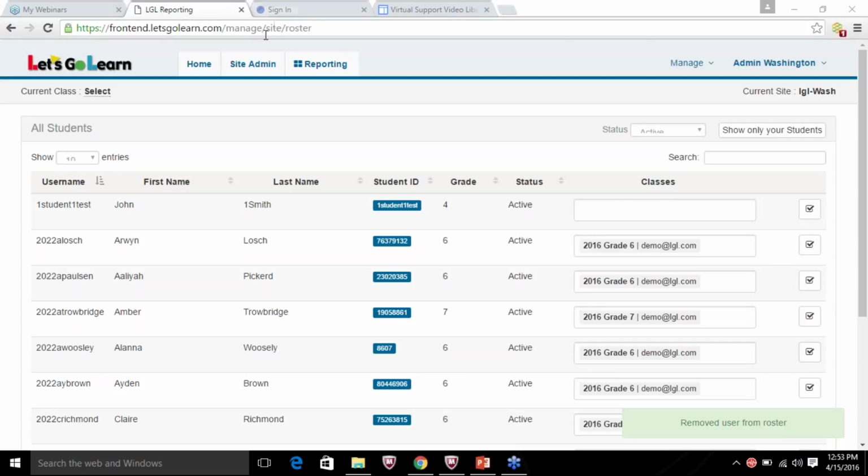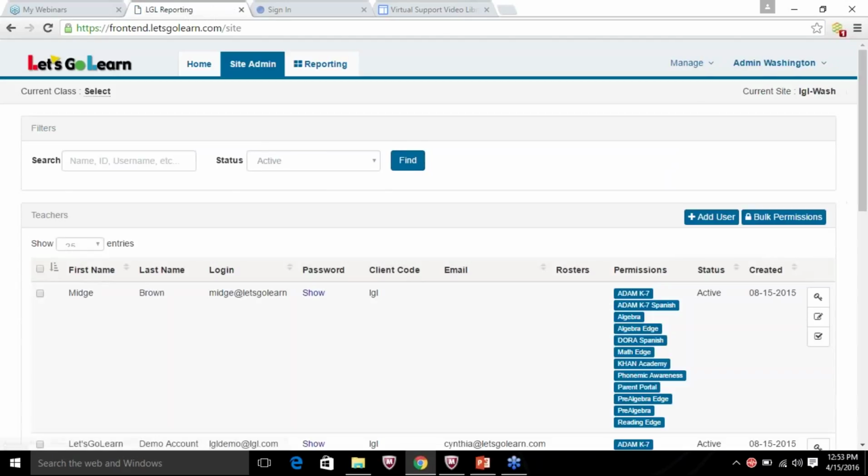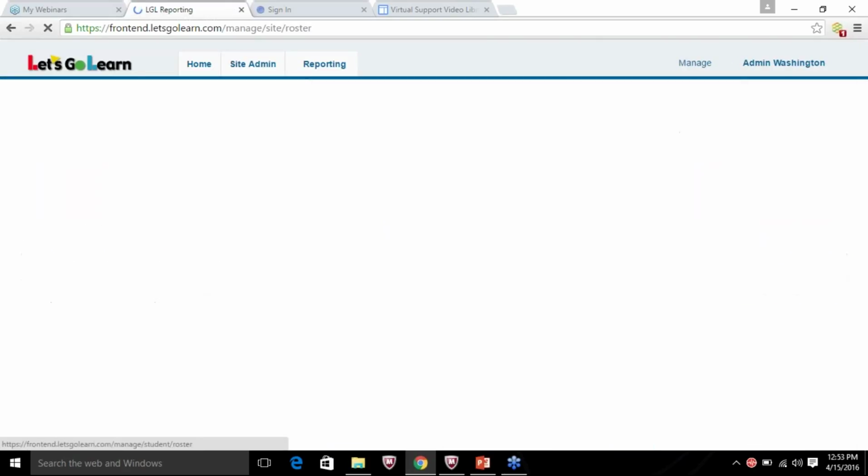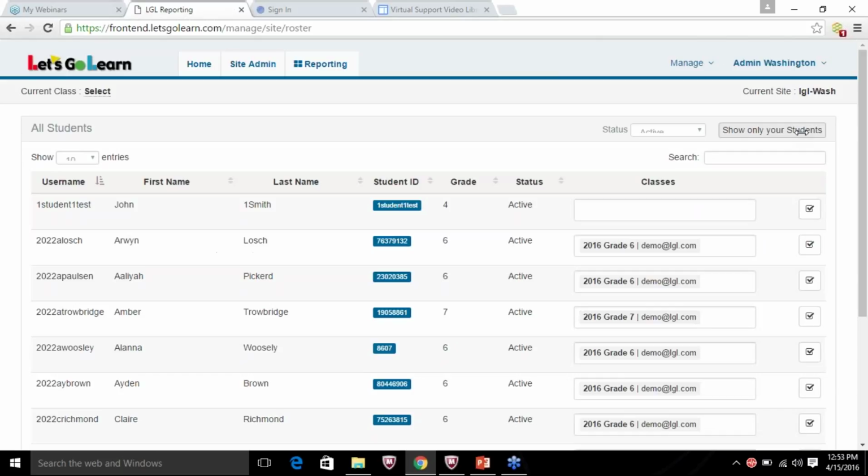Okay, so we've talked about the main things as far as housekeeping goes and managing. Under Site Admin, we have our teacher roster. That's where we have our logins, the permissions that the teachers have access to, and how you can quickly jump into those accounts and also edit or disable them. Also, we've talked about manage, the similar thing with the student roster. We can deactivate, we can activate, we can place into students, and the management side, or place into teachers, the management side of that manage tab and working with students.